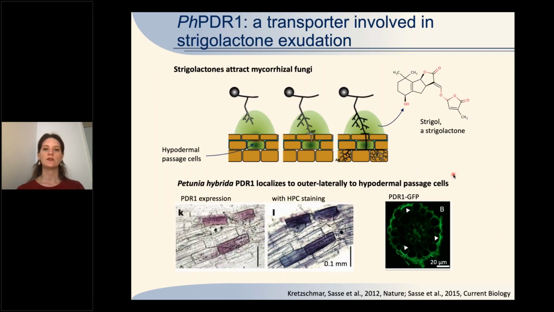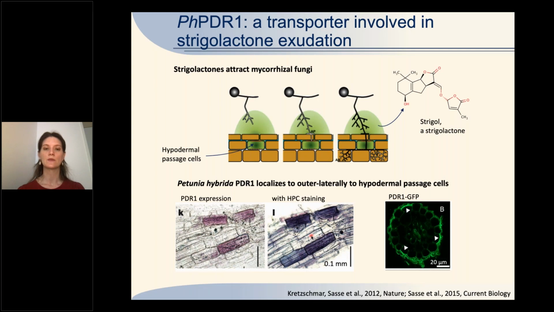And actually, a couple of years ago, we had a similar finding in our lab, where we were characterizing a transporter in Petunia that was localized in roots in these hypodermal passage cells, which are subepidermal cells, sorry. And the transporter is present in these cells, as you can see here, with a GUS staining, which is overlaid here with an ink staining that shows the hypodermal passage cells because they are permeable by ink, in contrast to